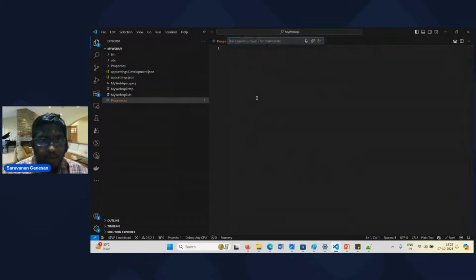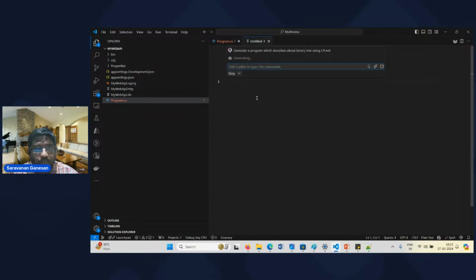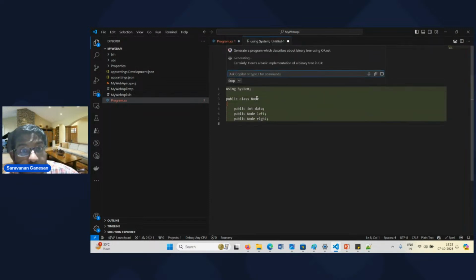If I press Ctrl+I, it says ask Copilot or type for some commands. Generate a program which describes a binary tree using C#.NET. Start generating. See,